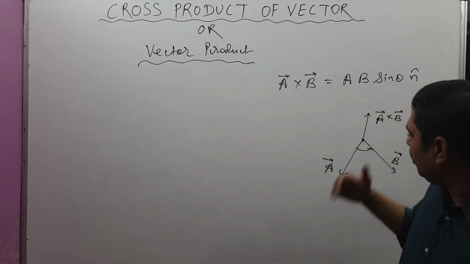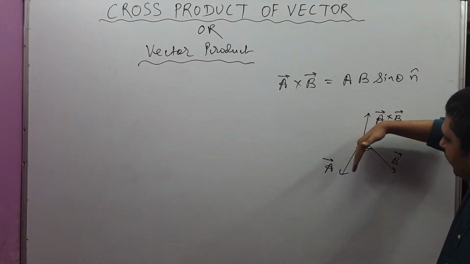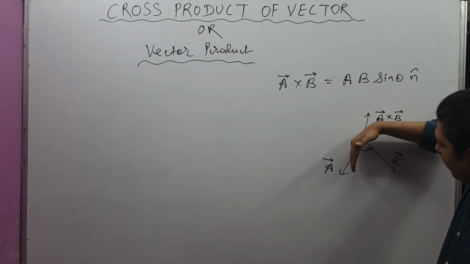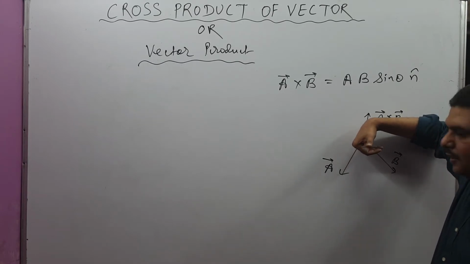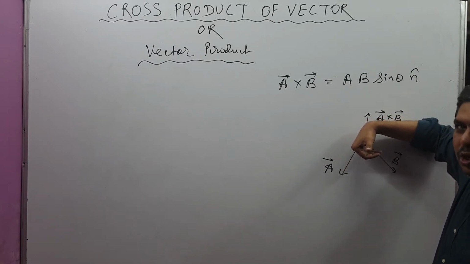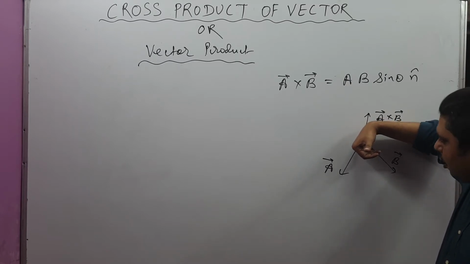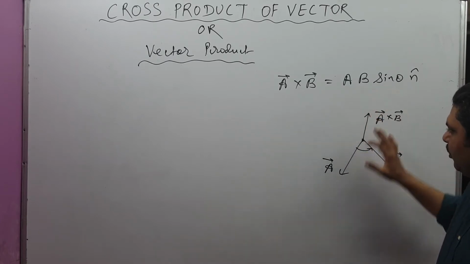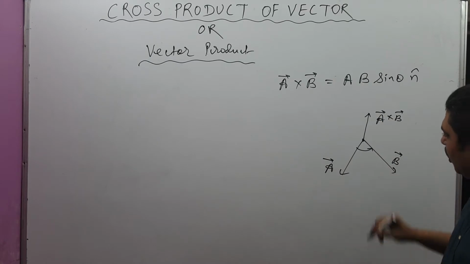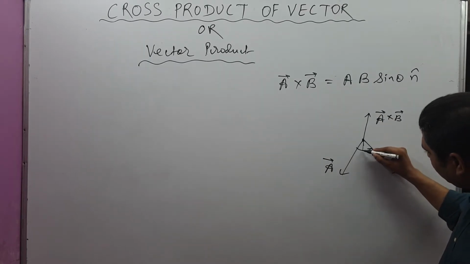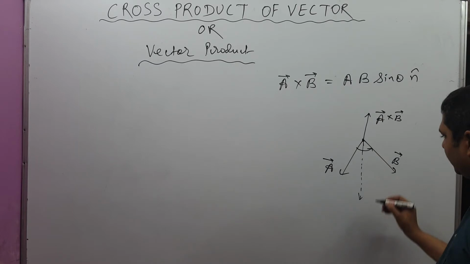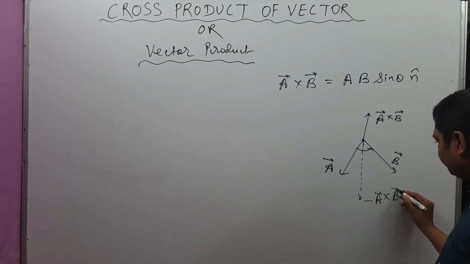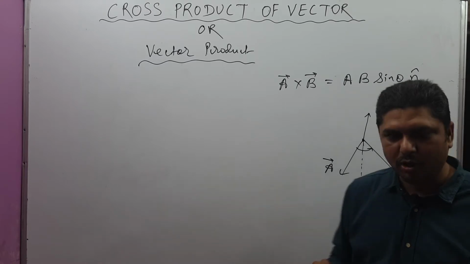This rule says that put your right hand on the first vector A and curl the fingers towards second vector B. Then the thumb indicates the cross product of A cross B. So this is vector A cross B. This line is outside from the board. Here we are drawing this in upward side because it is two dimension geometry. Now if you produce this in opposite direction, then this is said to be minus A cross B.